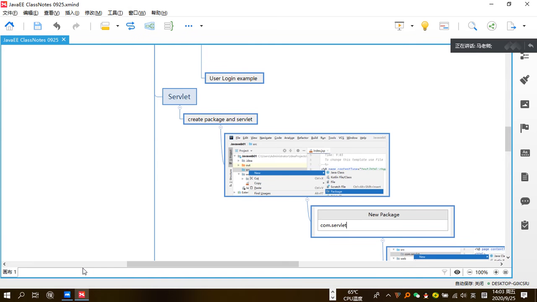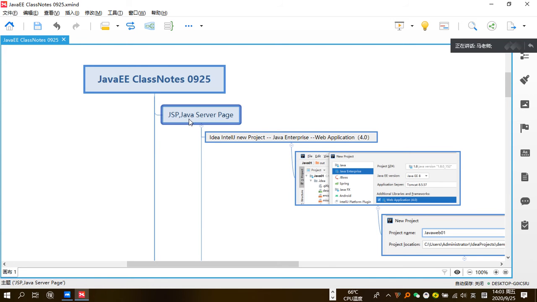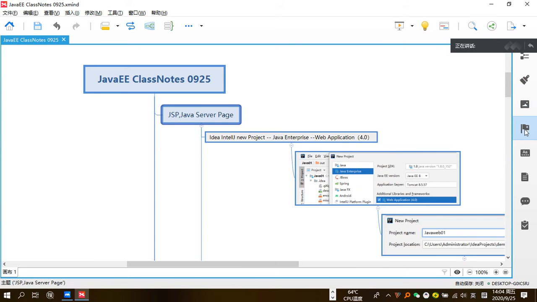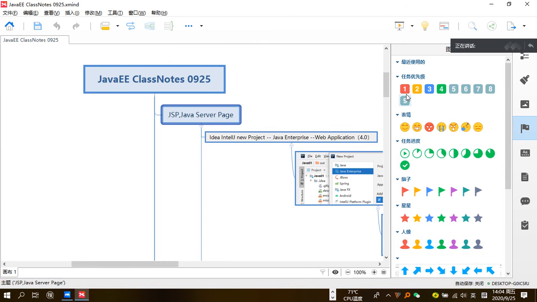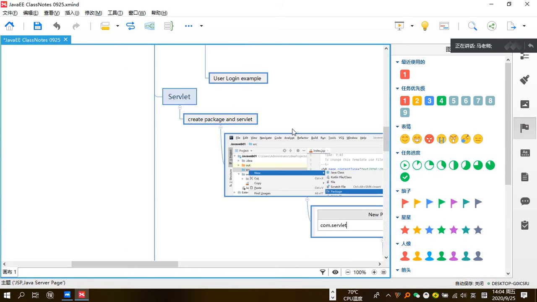So we will discuss, I think, three things. One thing is the JSP files, that means Java Server Page. That is a file format of the web page. So the first thing is JSP, and also we need to learn something about